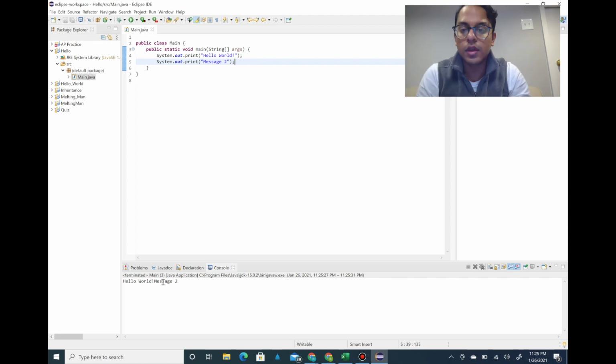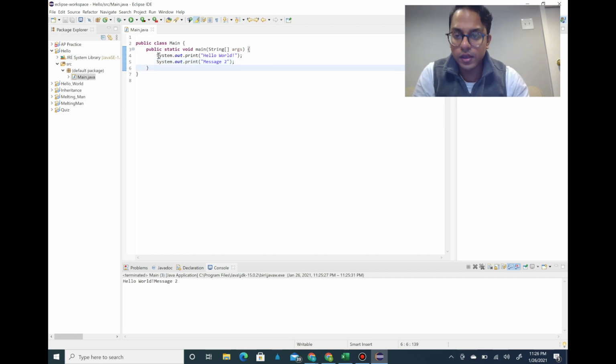And you might be thinking to yourself, okay, well, it's great now that I have 2 messages that are printed to the console. But what if I want those 2 messages to be printed on subsequent lines? How would I go about the process of doing that? The cool thing about Java is that it makes it really easy for you to actually do something like that. So right here where we see our